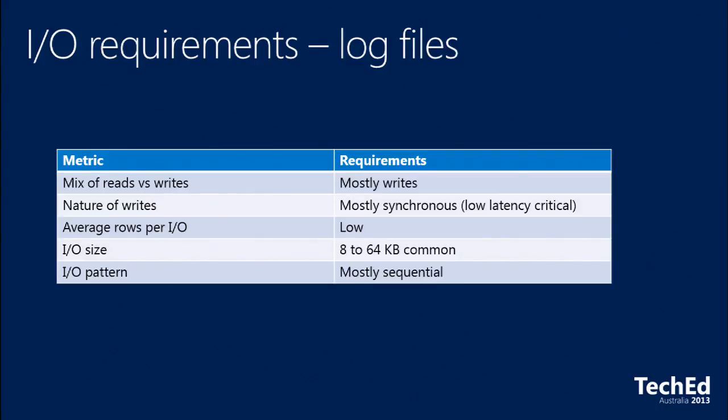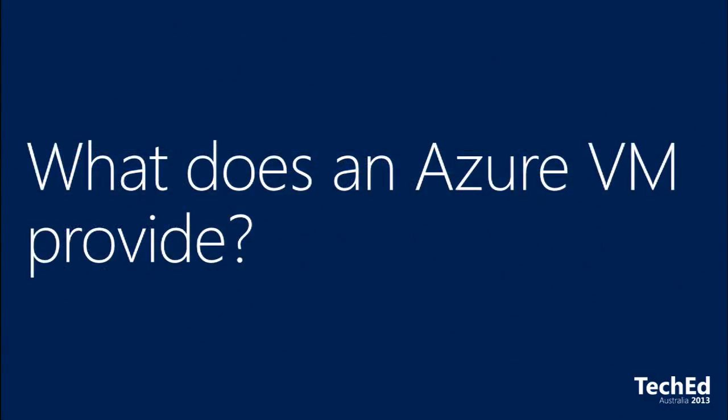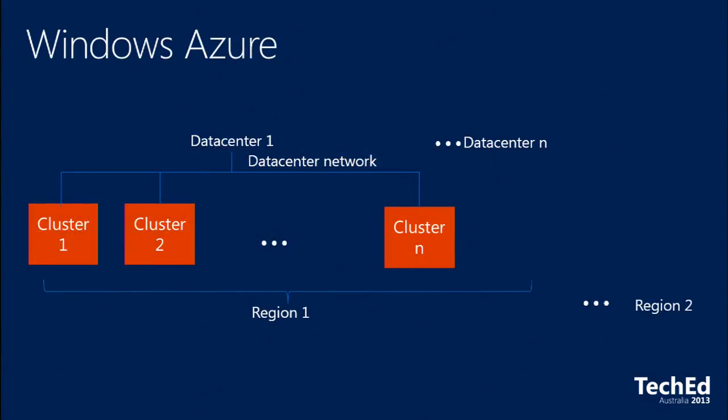It's a low number of rows per I/O. The I/O size is sort of 8 to 64K, but the pattern is mostly sequential. So it's quite different. Now, if we look at what we get from an Azure VM,